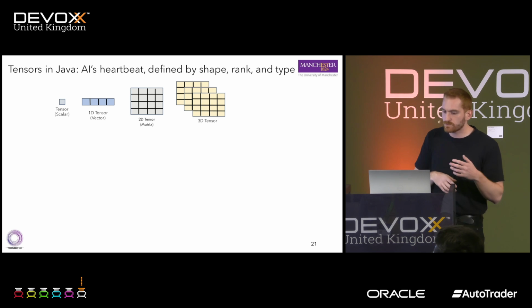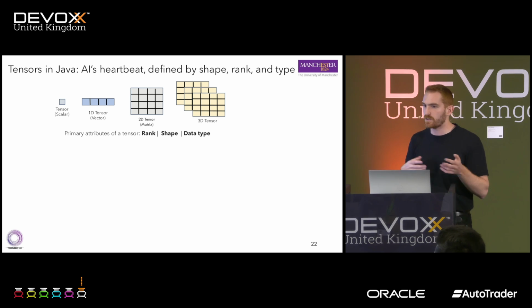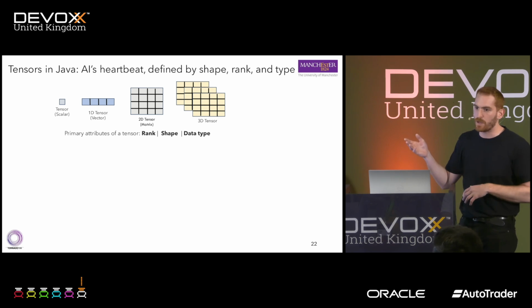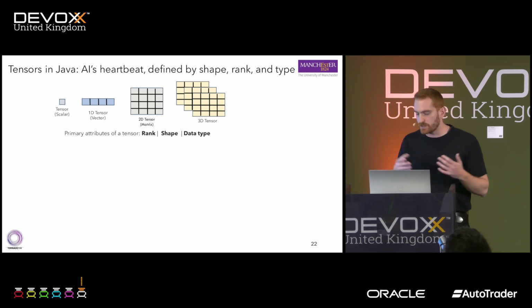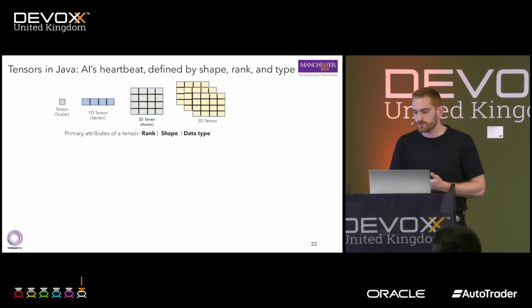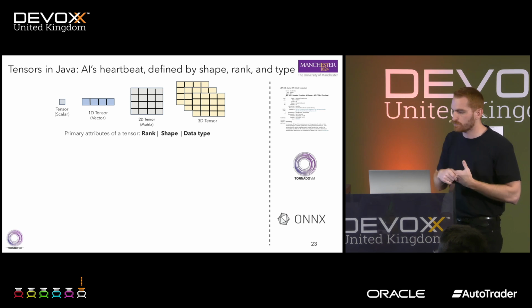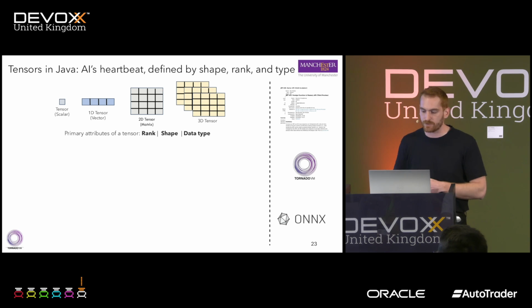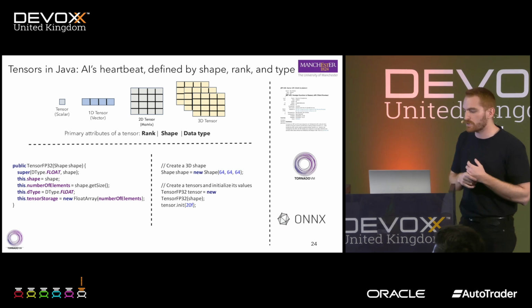And in order to do so, we need to have a sense of what a tensor is. A tensor pretty much is a multi-dimensional array that is characterized by three things: a rank, a shape, and the data that it holds. The rank is the number of dimensions, the shape is the elements that you hold in every dimension, and the data type is the type of data that you have. So with this in mind, again, we want to be based on Project Panama and have compatibility with Vector API, TornadoVM, and ML frameworks.